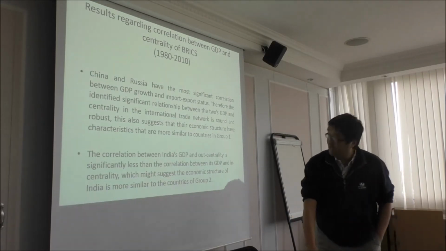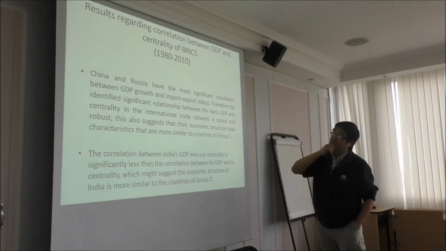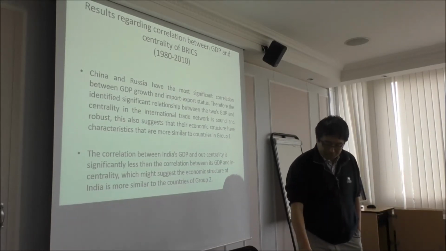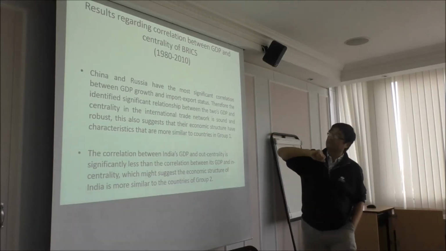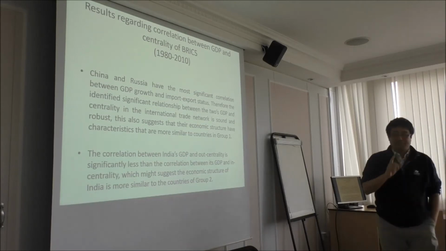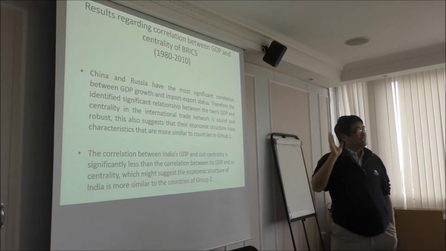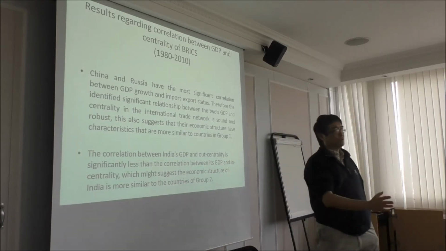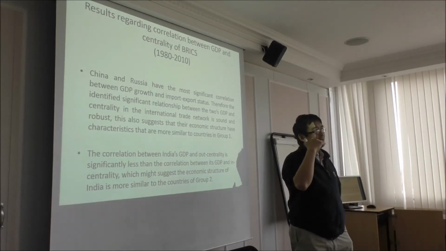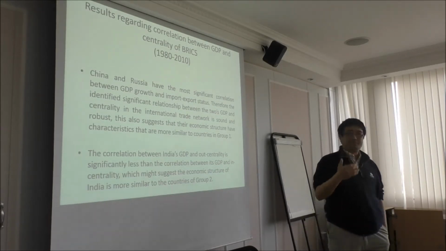And so this is more or less the same result as for 1980 to 2010, because my time is up. The similar results hold for 2000 if we add in the data right up to 2014. The only thing is India has made significant progress if we add in the 2010 to 2014 data. China and Russia stay more or less the same, very entrenched in international trade. India made huge progress, and Brazil and South Africa didn't do much, staying roughly the same.